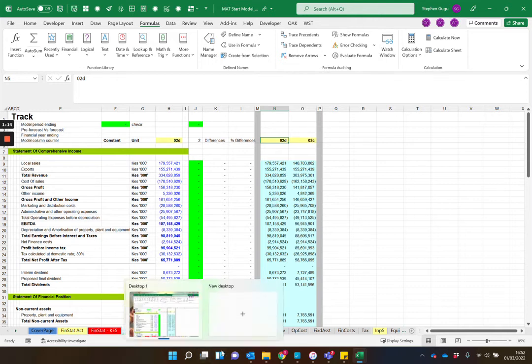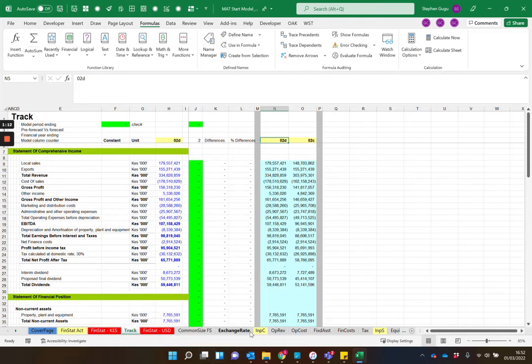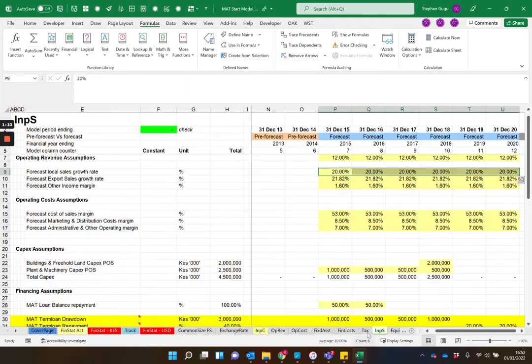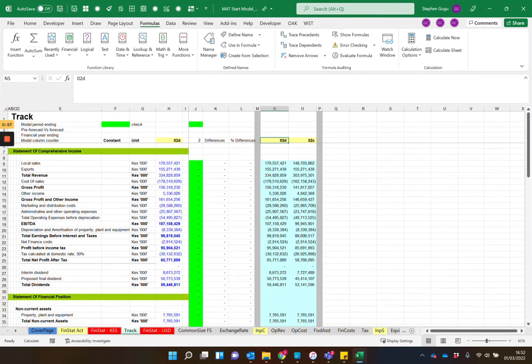So if I go back then to my financial model, to my inputs sheet where I was previously, and I change back the inputs that I had changed here, and I clear this because that was just a dummy that I was making. If I come back and I want to compare now once again with 02D, so I'm comparing really the new output, which should be 02C. If I refresh this to 02C, and I'm comparing the output to 02C,